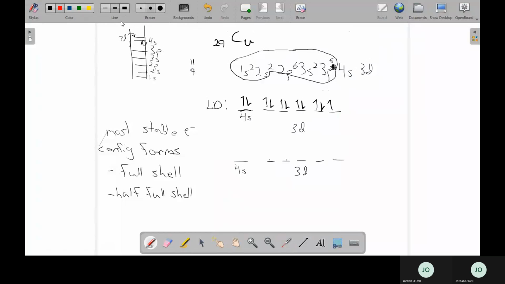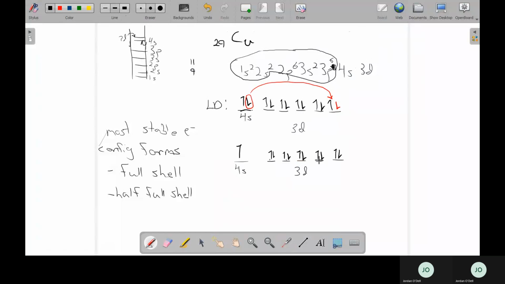What we can do is we can take one of these electrons from my 4s, and we're going to move this over to here, inserting it in my 3D. So redrawing that real quick, I have a half full 4s shell, and then I'm going to have a full D shell. So the reason this one is more energetically favorable is because our 3D shell is technically slightly higher energy. So having that in a more stable form than